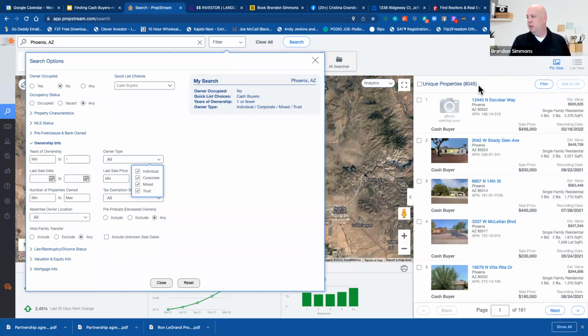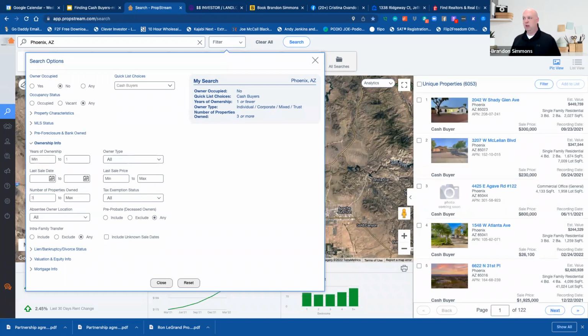So I have over 8,000 landlord buyers. Now, one of the things I can do to make sure that they are landlord buyers is maybe I want to make sure they have at least 3 or 4 properties, right? So I can put a minimum of, say, 3 properties in here. And if I go and click on one of these,